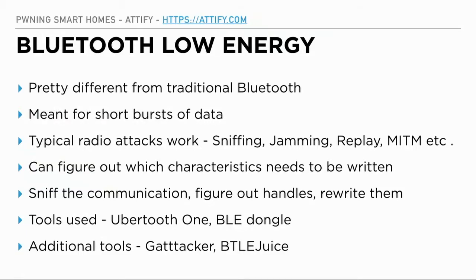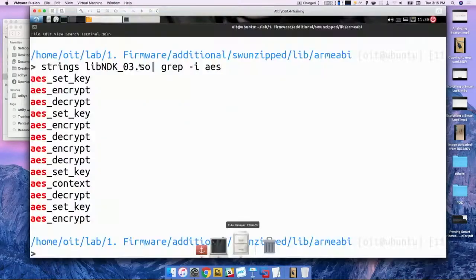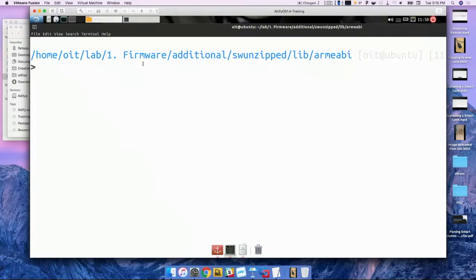Let me show you a quick demo, given that it works. The only device I'm using in this case, since I know the values that need to be written, is this BLE dongle, which is like a $3 or $4 BLE dongle.